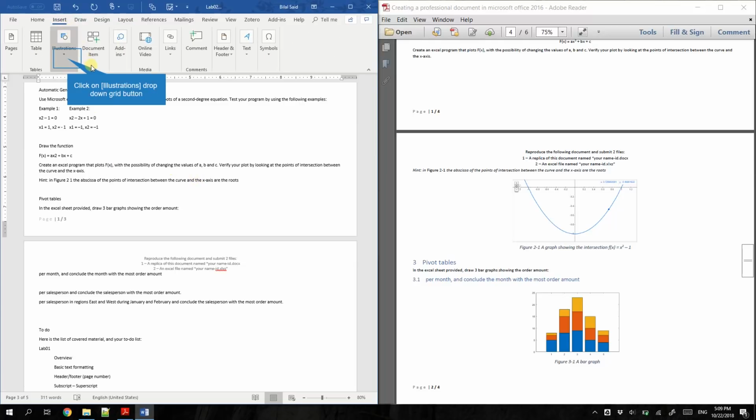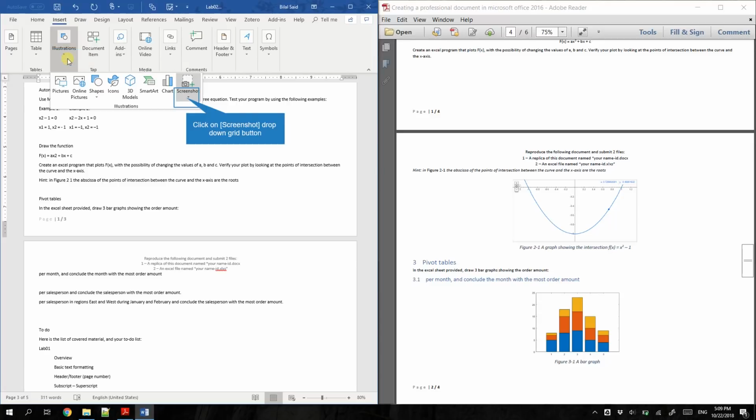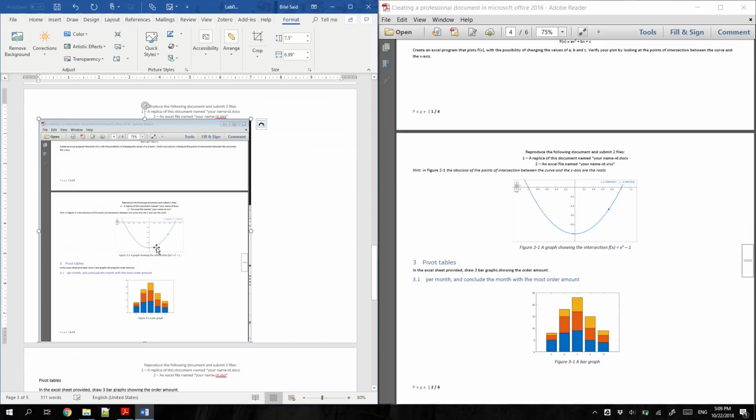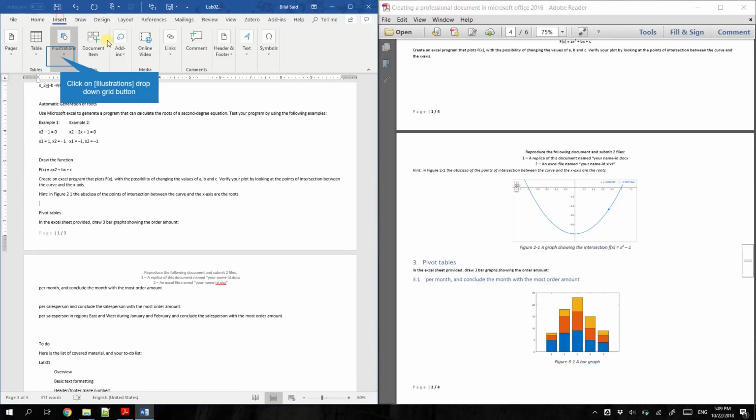Either I can click on Insert, pick from Illustrations a picture, and then go to a picture on my hard drive. I can search for them online if I don't have them. I have plenty of other features actually, including taking screenshots. For instance, I can screen capture this other window and then insert it with one click here. It's really nice. I'm going to remove it, of course, and I'm going to insert the provided pictures